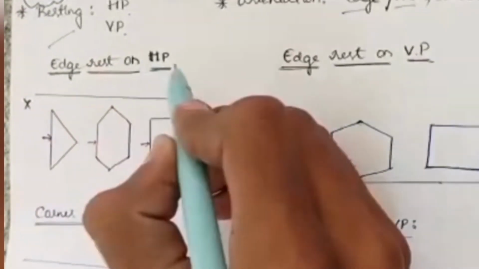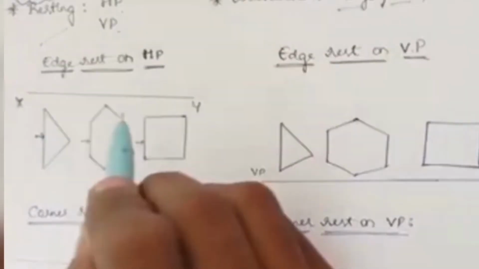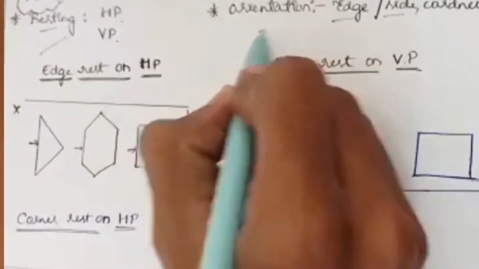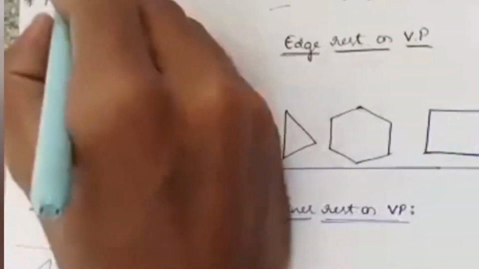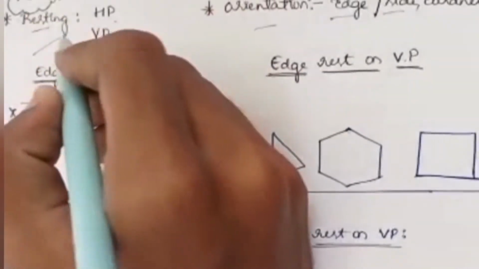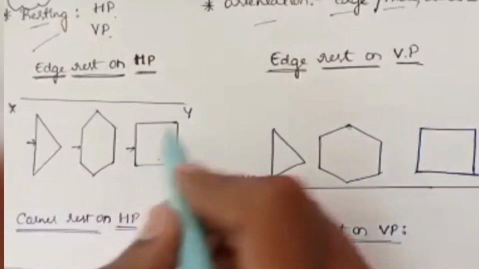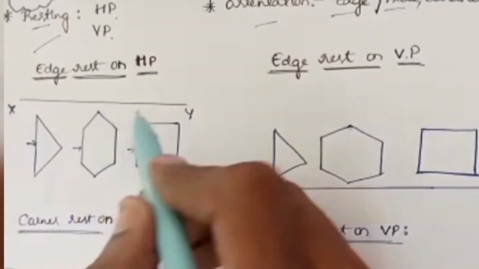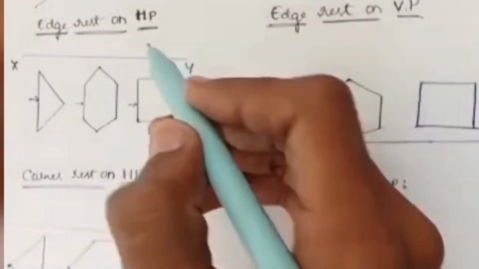While solving a problem, we will be considering two conditions, that is, one is the resting and another is the orientation. We consider here the hint. Basically, we consider the planes as square, triangle, hexagon, circle. Like this, we will be drawing. First